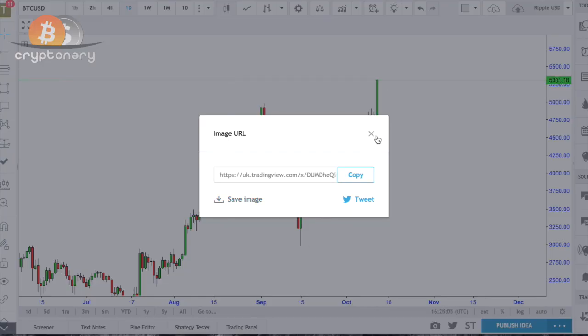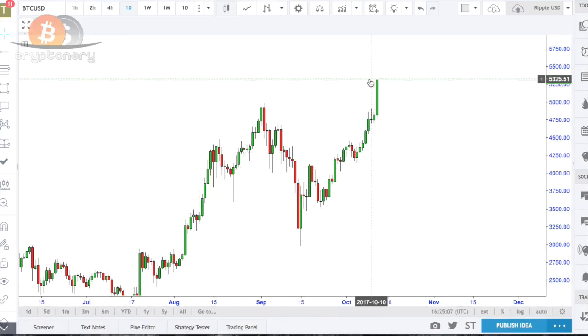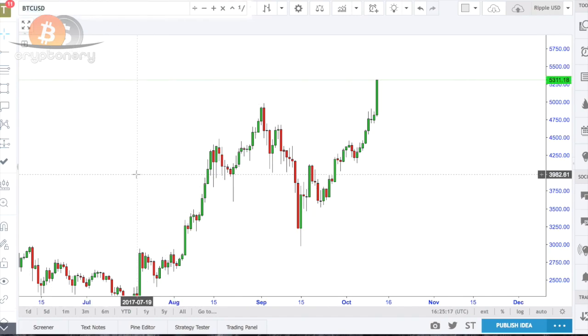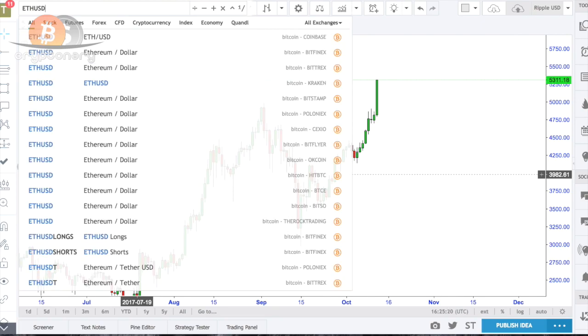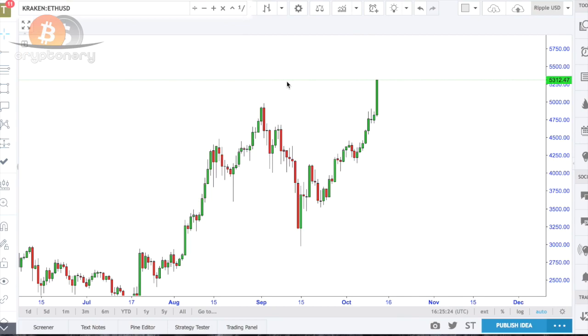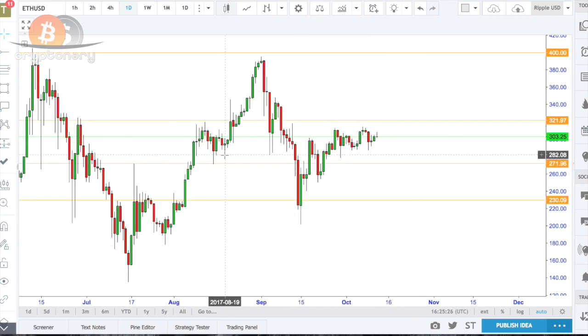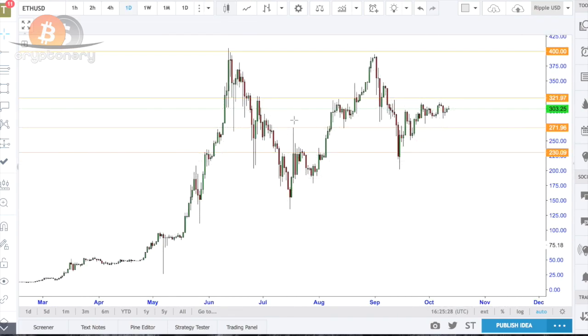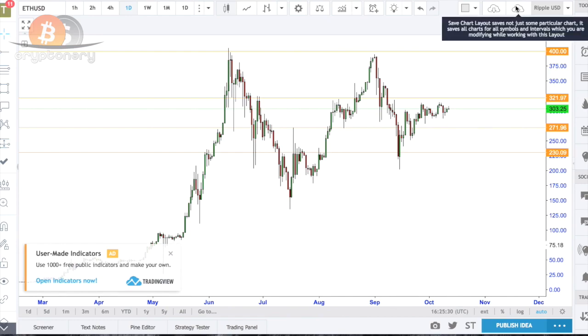Now, if we go back to the chart, you can actually see Bitcoin soaring right now, and it has just broken all-time highs. But what we can do is simply change to any crypto we want from this little bar here. So for example, FUSD. Now, the charts we work with are usually always Kraken charts, unless stated. From here, we can easily switch chart and save it if we need to. So if I save this now,